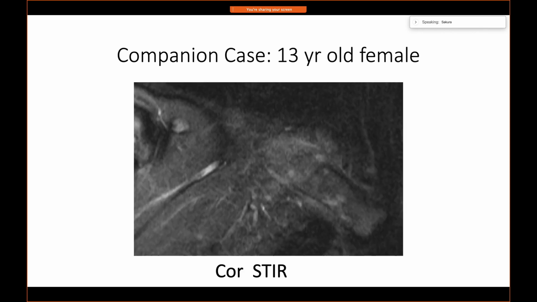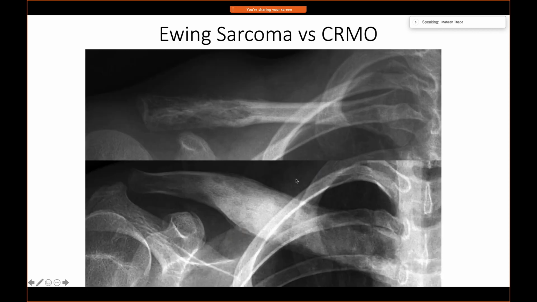Yeah. So this is the MR. So again, just to show you that it's a crappy MR. I'm sorry, it's just the one slice, but this is the clavicle you're looking at. This is the lesion that's involved, and there really isn't a big soft tissue component like we saw in Ewing sarcoma. So this is a case of chronic recurrent multifocal osteomyelitis, and I put both those cases up here